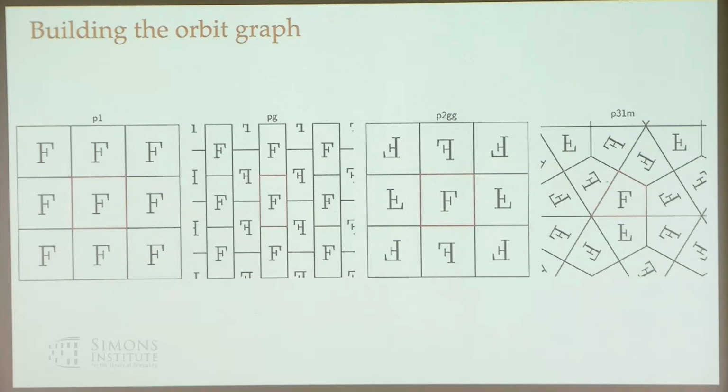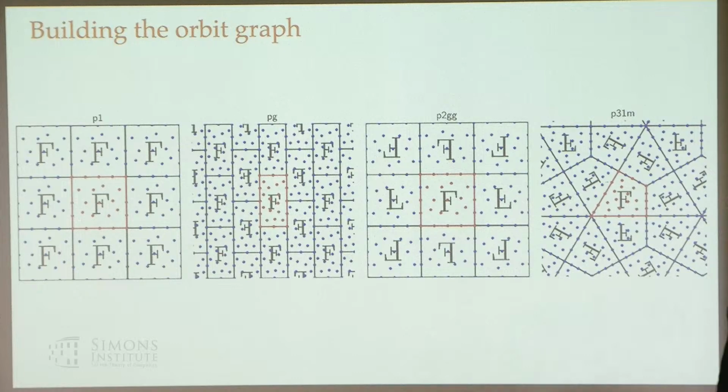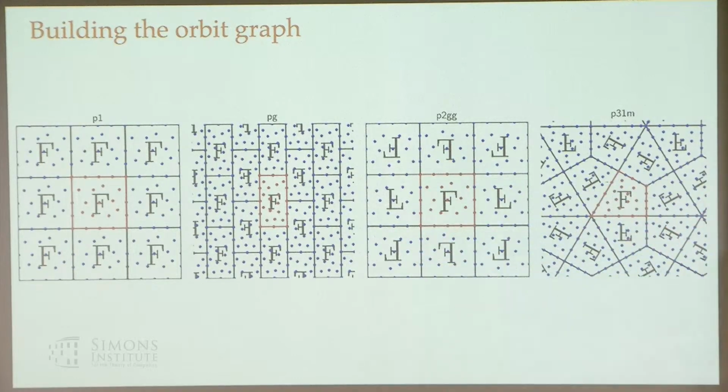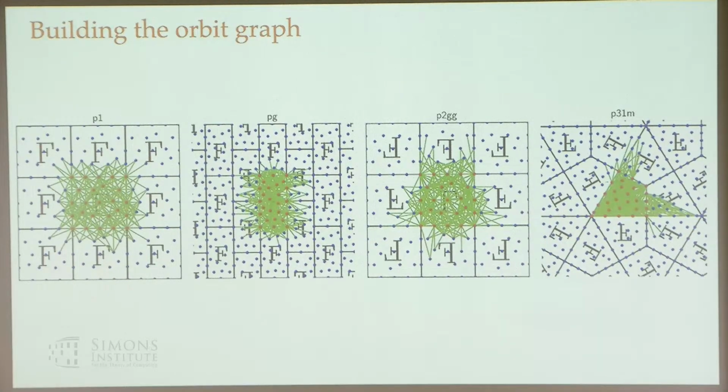And so here's what it looks like for a couple of the wallpaper groups. This little red region is the kind of fundamental region we're looking at. You throw down some points in this, however you want, and you then tile those points around, okay? So you apply local group actions to each of them. And then you build your little epsilon net, right? So then you connect to your nearest neighbors or whatever.